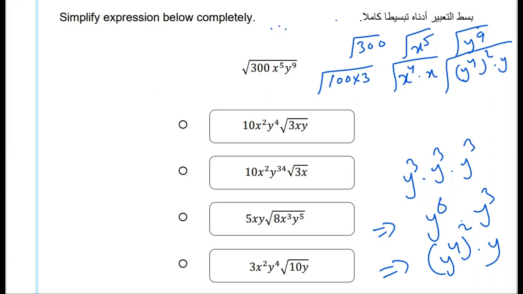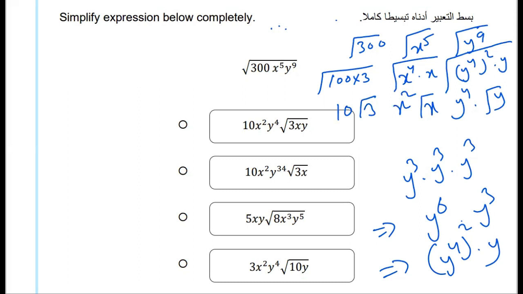Square root 100 is basically 10. So you can write 10 square root 3. For x to the 4, if you take the square root of x to the 4, you would get x squared times square root x. Y to the 4 squared, if you distribute those two square roots, you would get y to the 4 times square root y. Now we just have to